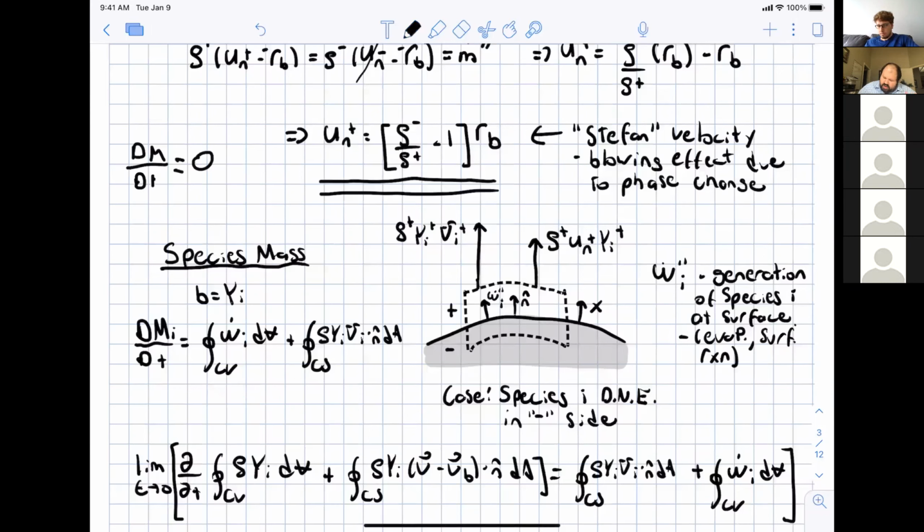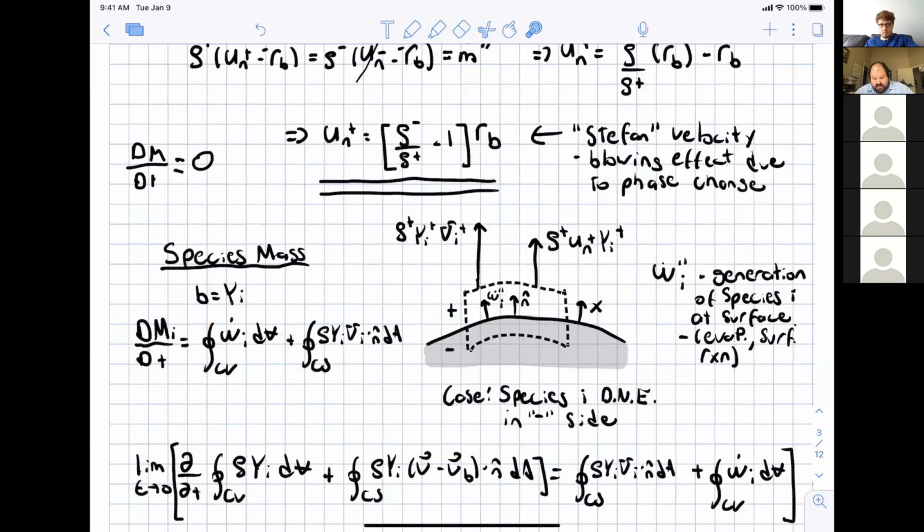So the only terms we had to worry about were the terms in the Reynolds transport theorem and nothing else. But for species mass, we can have chemical reactions going on inside of the volume,